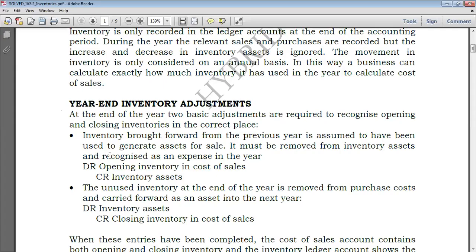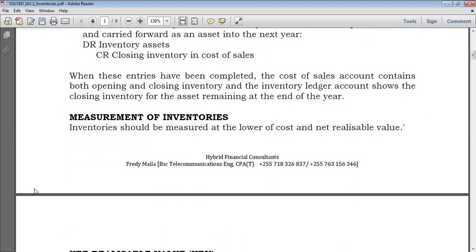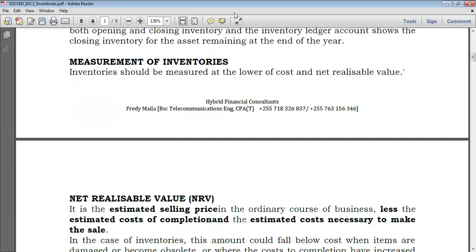Let's go back to where we were. I was explaining these year-end inventory adjustments, and we can go further down to measurement of inventories. Whenever you find the term measurement, it's very essential. Let me ask you one thing. Can you tell me the difference between disclosure and recognition? Disclosure is when you make disclosures in the financial statement notes, and recognition is when you actually realize